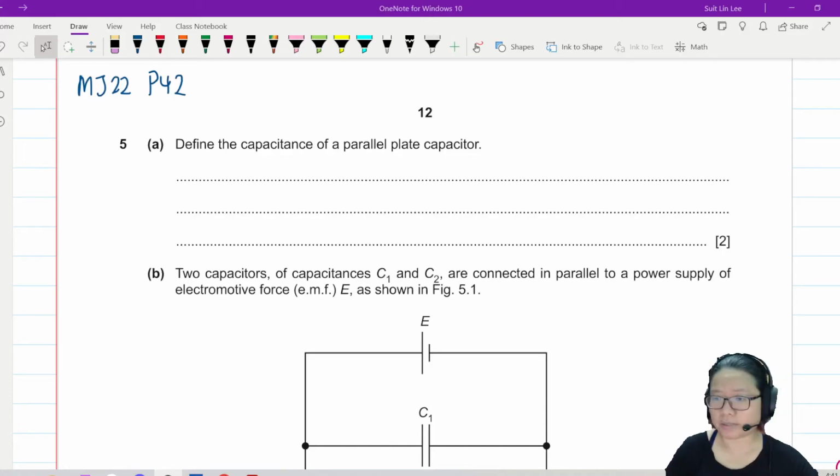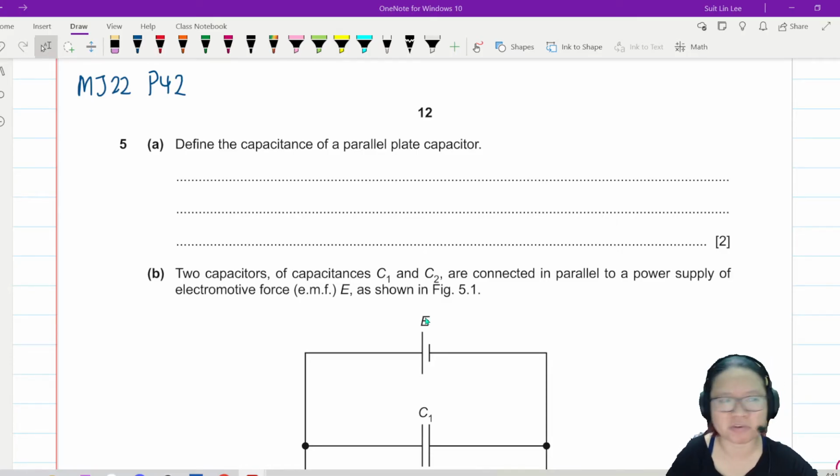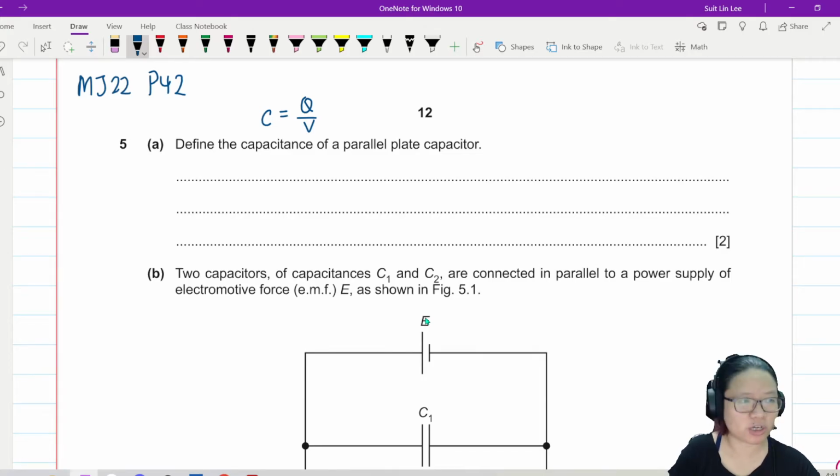So this is a summer 22 P42, and it's a capacitor discharge question. But first, we're going to try to answer the easy part, which is to define the capacitance of a parallel plate capacitor. So this C is Q over V. Okay, so we can call this the ratio, basically the charge stored, 2 marks, or so I should be more specific, charge stored on a single plate